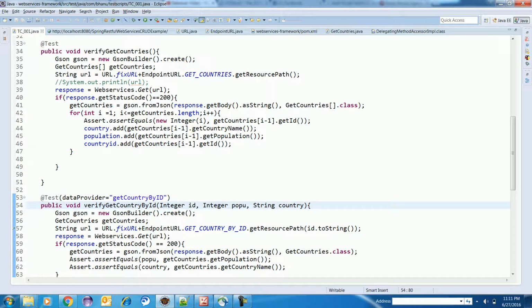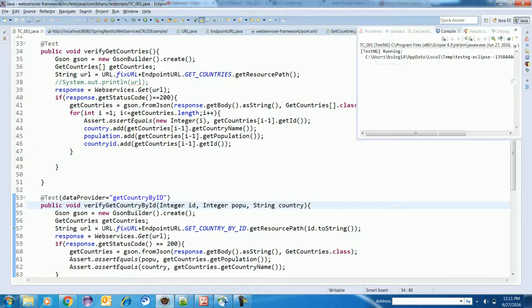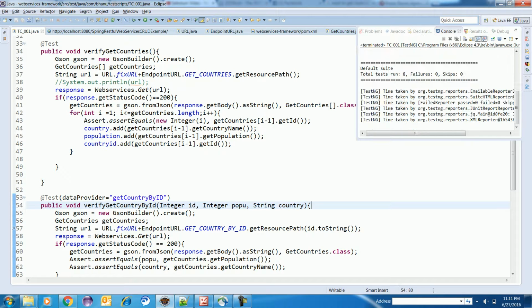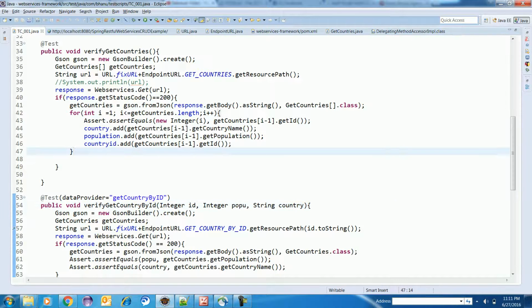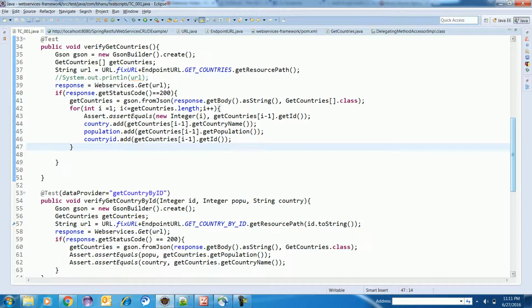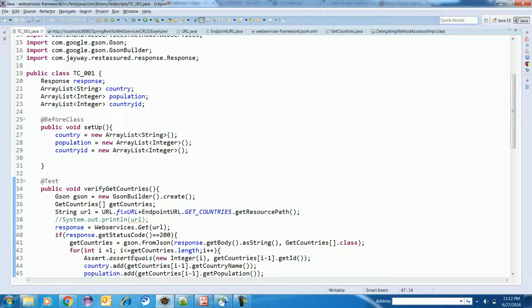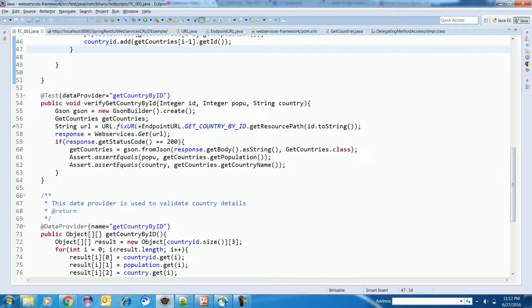Okay, now if I run this, will it still fail? No, got pass. All verifications are happening and it is getting pass. See, pass, verify, get country by ID 1, so it is getting pass. So guys, the problem was here I had given a string ID and a string populations. But in the data provider earlier it was object, so I changed to integer. So whatever type is here, we need to supply the same type here,